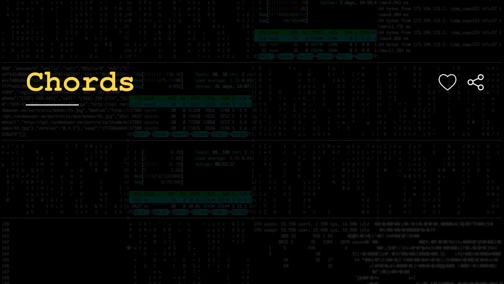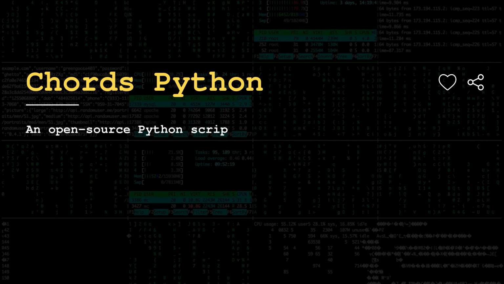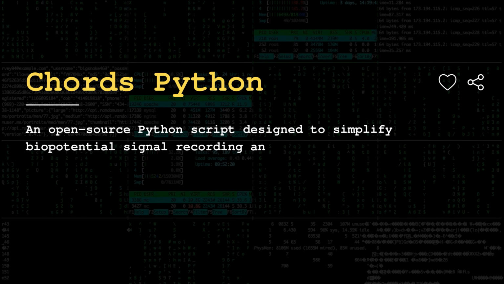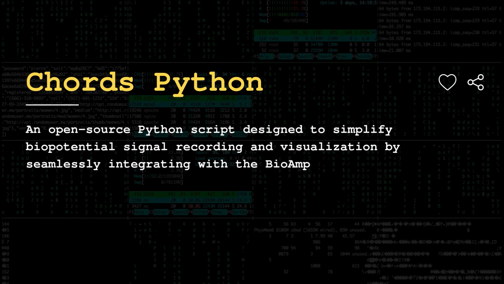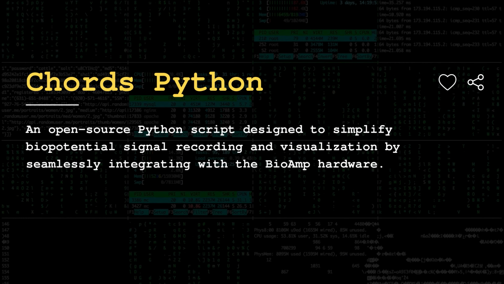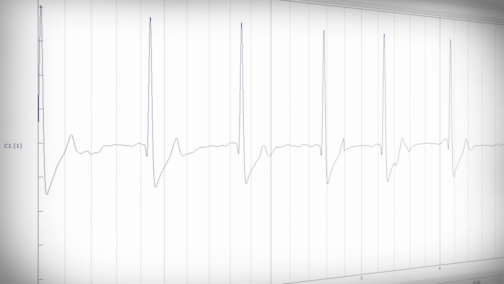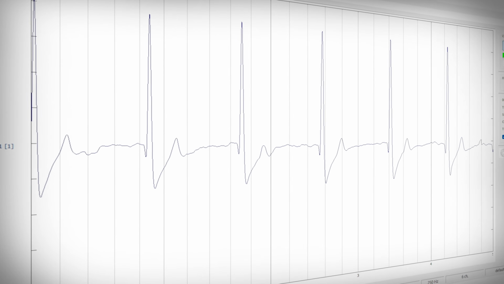In today's video, we will give you a brief about Chords Python, which is an open source Python script designed to visualize and record biopotential signals by seamlessly integrating with the BioAmp hardware. It is ideal for educational purposes as it promotes DIY neuroscience and makes it accessible and explorable for students and